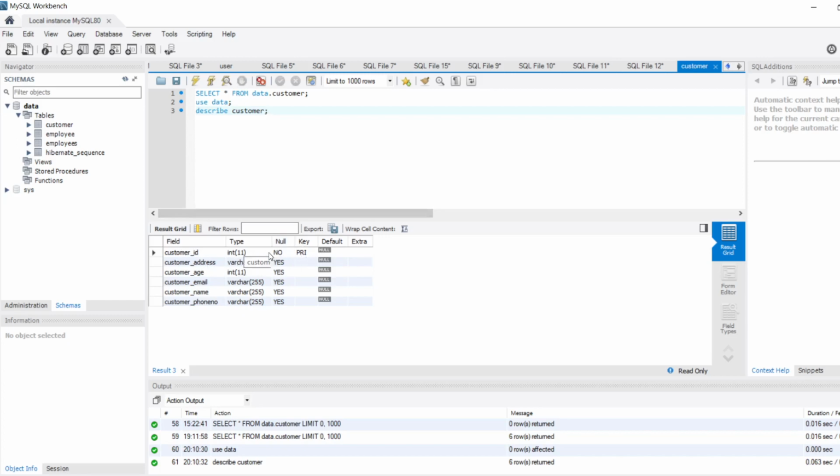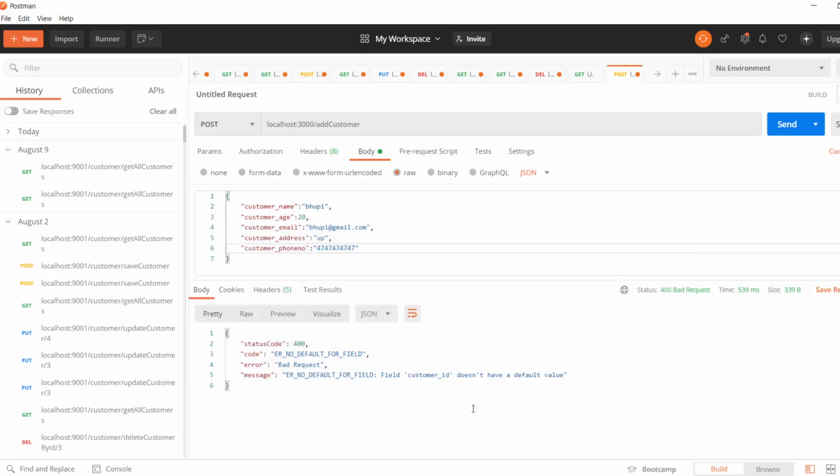Customer id, it is not null but primary key. But why is it the same? Customer id doesn't have a default value. So what we can do, guys, let's just copy this and paste it here, and let me see the id.